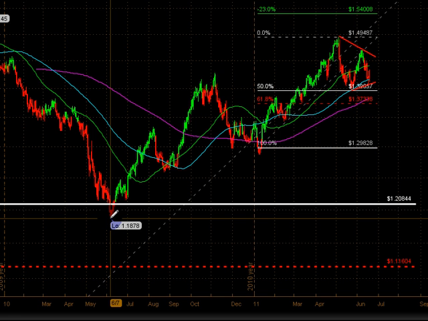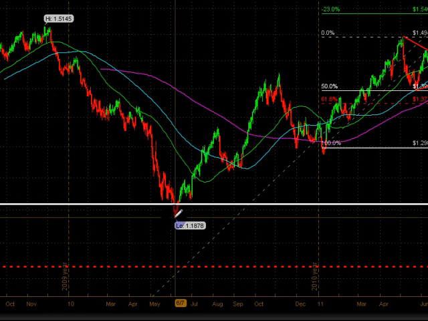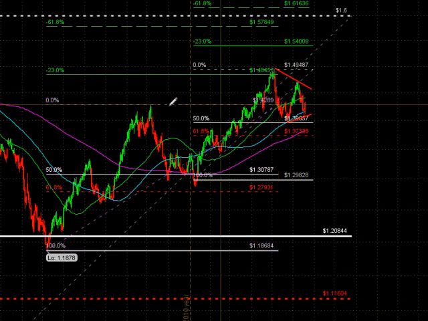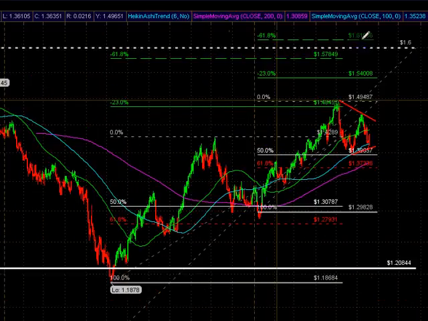Those 2010 lows. The dollar then reversed, and since then we've been heading higher in a series